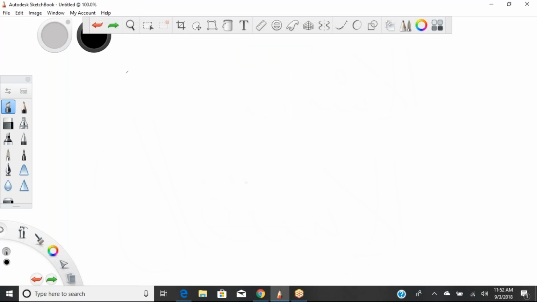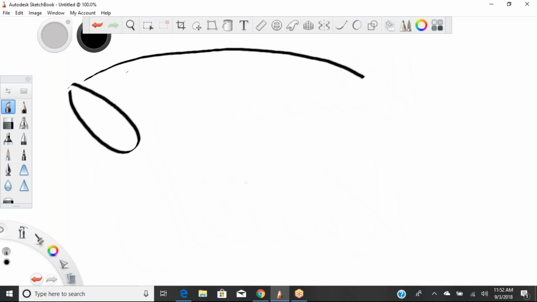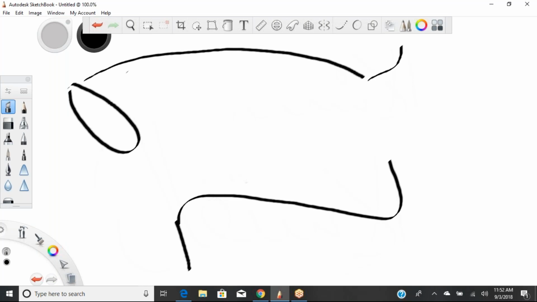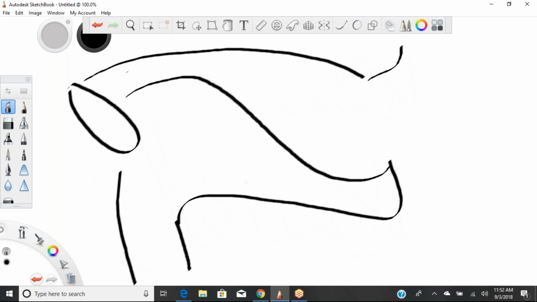The roof of the mouth is naturally like that. This is the throat here. This is the neck. This is the mouth. This is the rest of the mouth up there. The air comes up, but the tongue is like this. This is the tongue in your mouth.